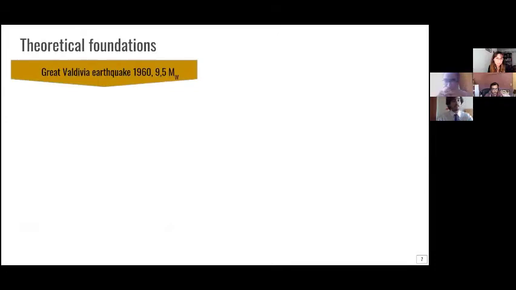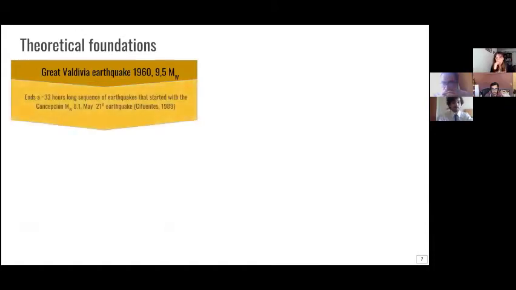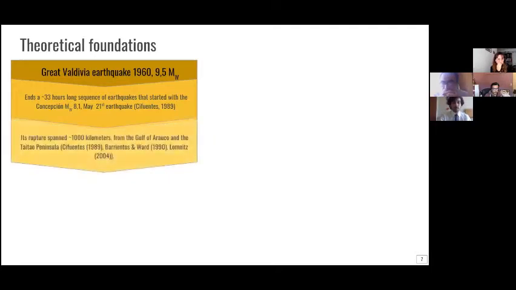So this study centers on the Great Valdivia earthquake. It's the biggest earthquake in recorded history. This earthquake ends an approximately 33 hours long sequence of earthquakes that started with the Concepción earthquake the day before, the 21st of May. The rupture of the Great Valdivia earthquake spanned about 1,000 kilometers from the Gulf of Arauco up until the